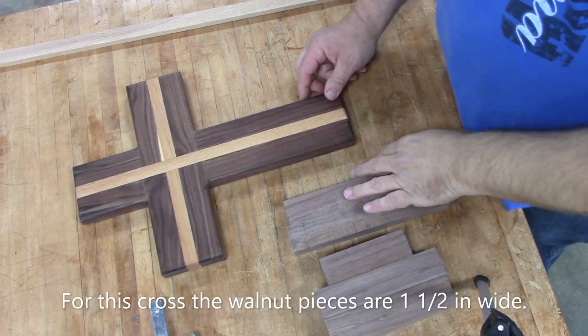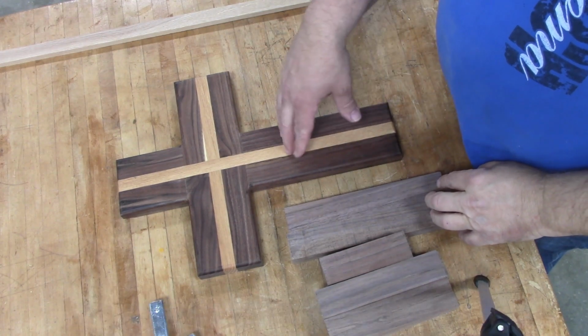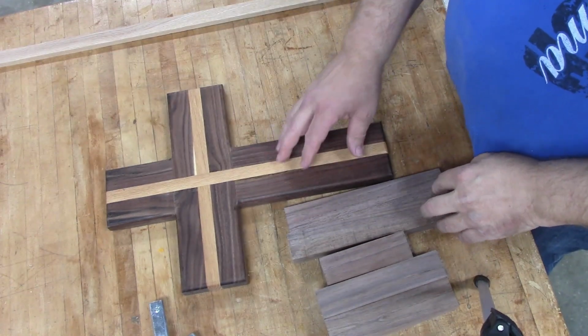Okay, I'm going to show you how to build this cross using some offcuts from some of my other projects. All right, so the first thing you need to do is get your pieces of wood, and I've already done